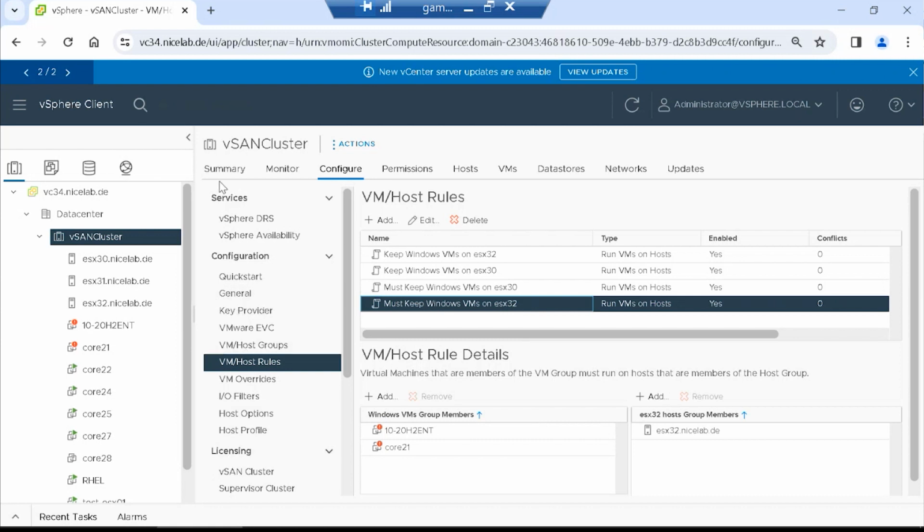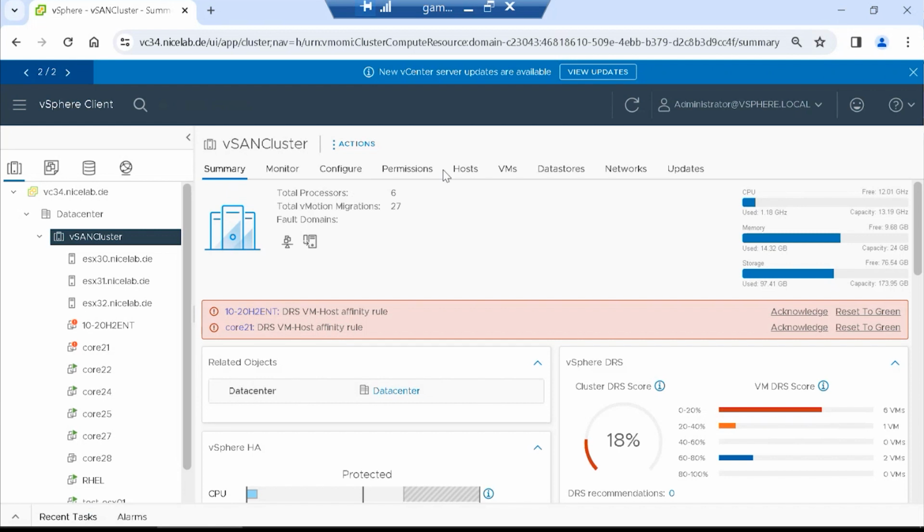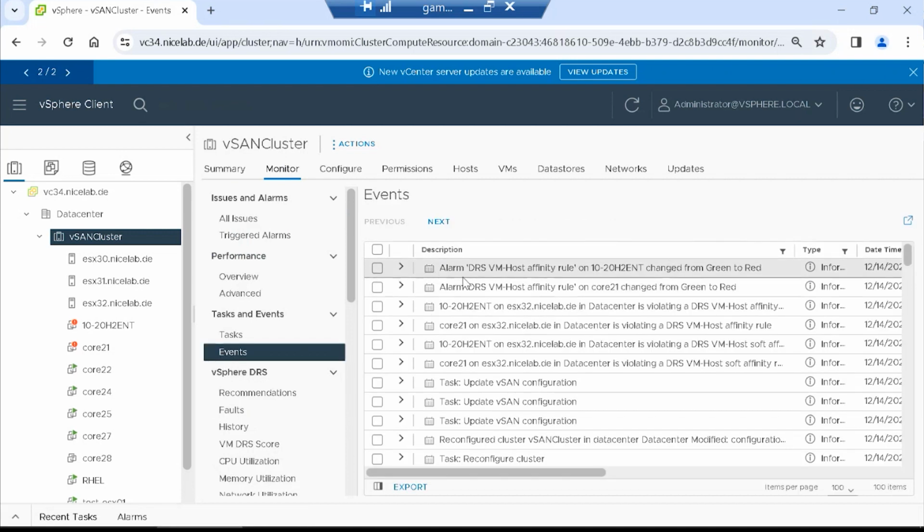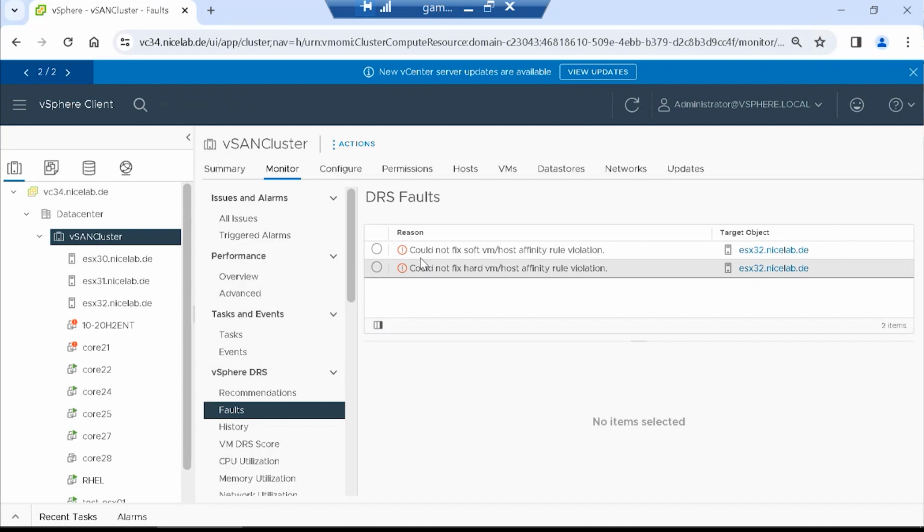The events are generated, and we can see these events when we navigate to the monitor tab and scroll to events. We'll see two alarms have been generated, which is this affinity rule violation. This VM, which we saw earlier, has changed its status from green to red. And this VM, core 21, is also conflicting. We can also check the DRS faults tab, and we'll see an alarm which is generated,